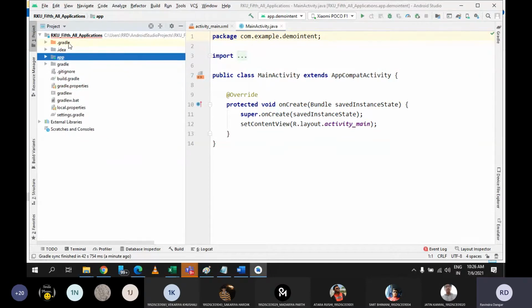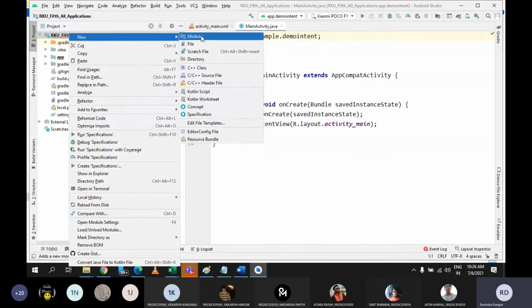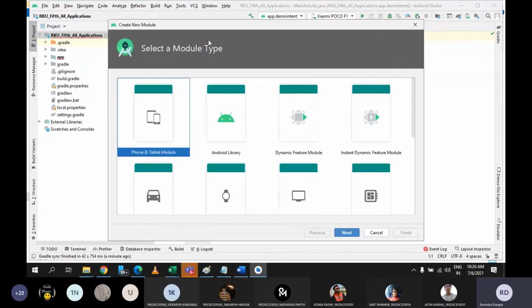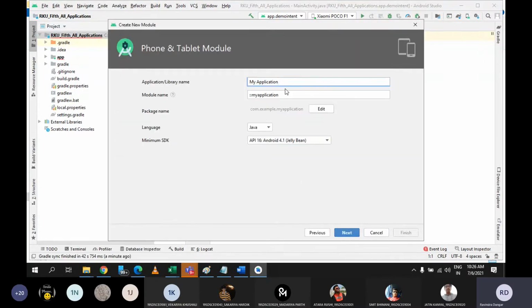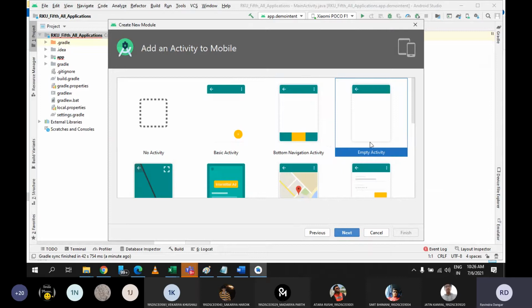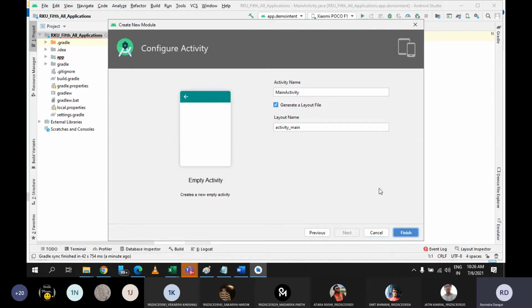It is better that we create inside this main package. Let me create here only so that we can have track of all the applications together. Let me write again intent demo. I will explain you what is intent and how we can switch from one activity to another activity, so don't worry.